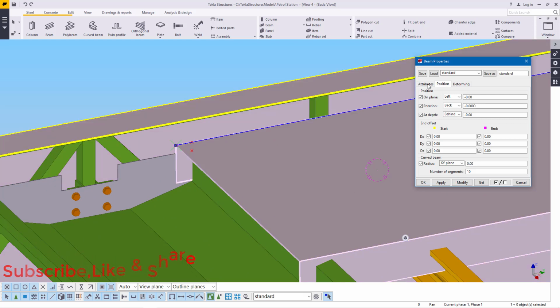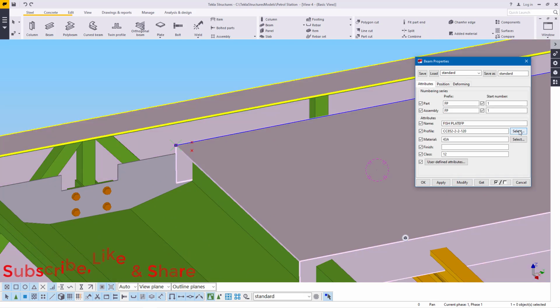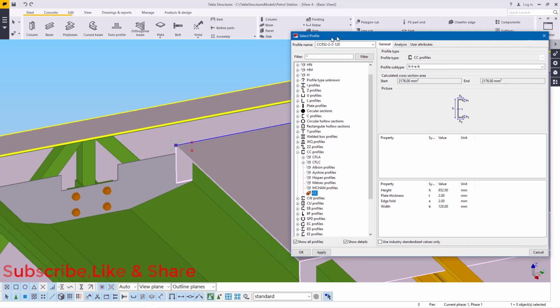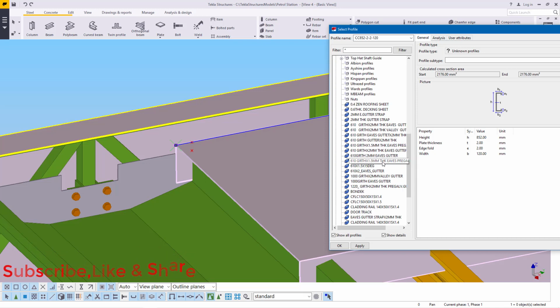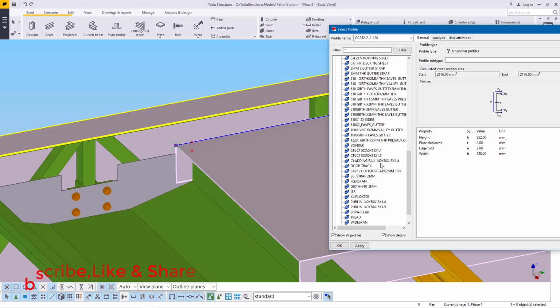Now I'll come to attributes, under profiles in beam properties, and next to select. Then this will take me to the profile catalog. Inside here I'll be able to work with the preferred profile catalog. In this case I have my own user defined catalog. I'll come to user defined, then zoom out, and I'll come to